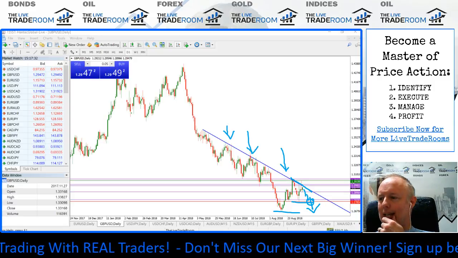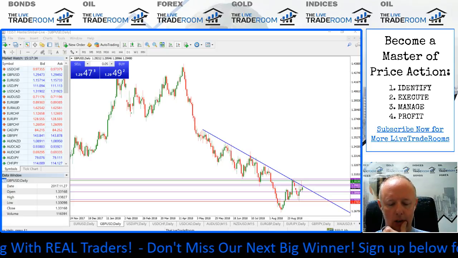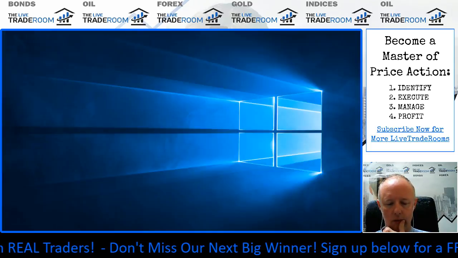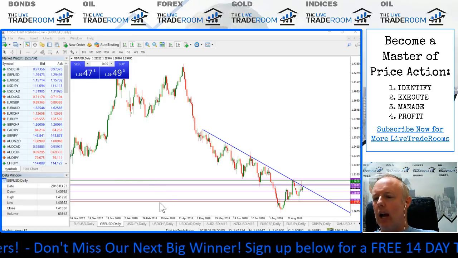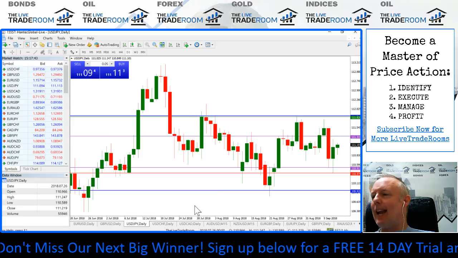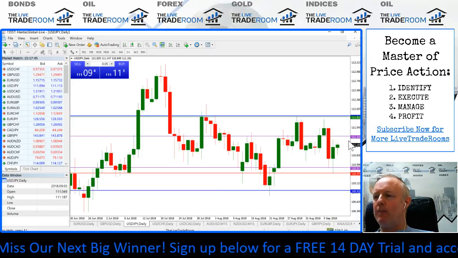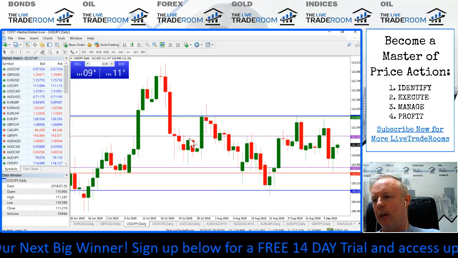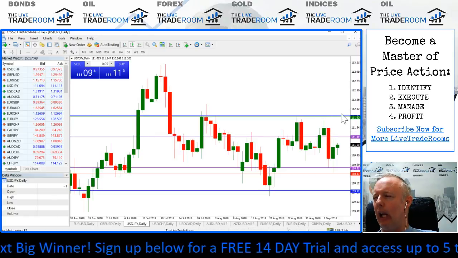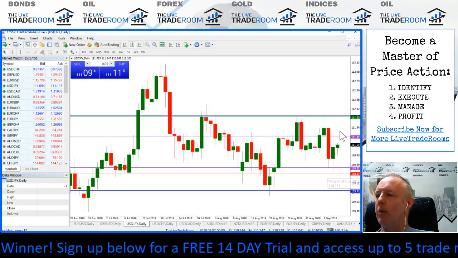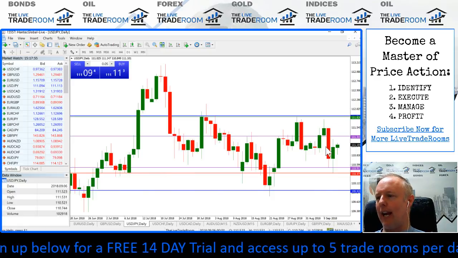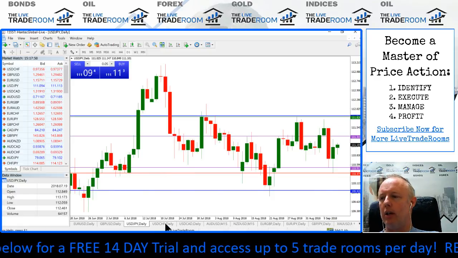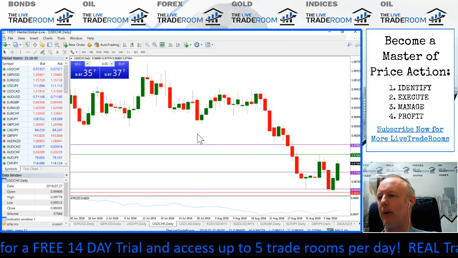Okay, so let's take this off and we'll have a look at some other opportunities. Yeah, there we go. The dollar yen is now in a sideways moving pattern for a significant period of time. Again, the weekly high and the weekly low would constitute higher probability trades than what's currently happening within this kind of range, bouncing higher and bouncing lower.